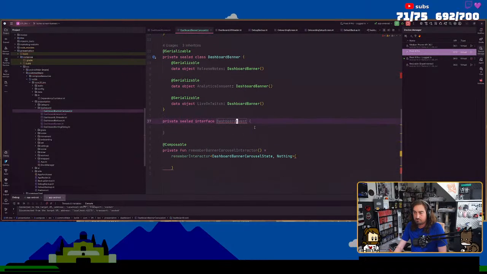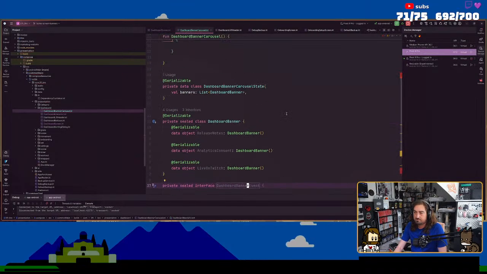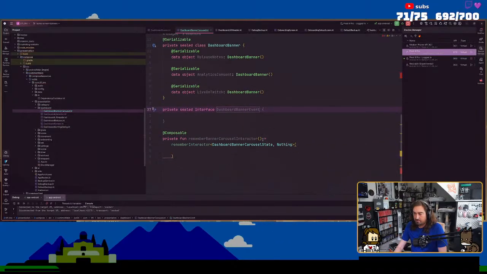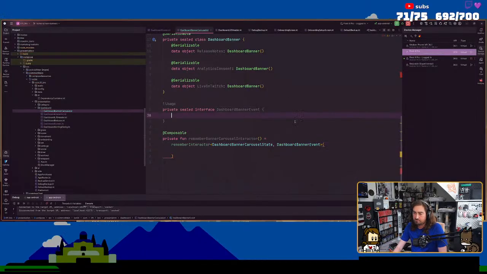No, yeah, dashboard banner event. Okay, so there, now we have the dashboard banner event. I really need to write a skill for Flow VI, but I guess in this case I know what I want, but we shall see.